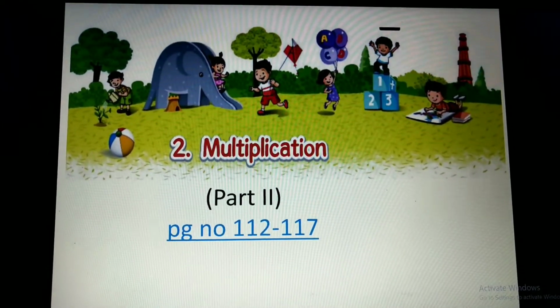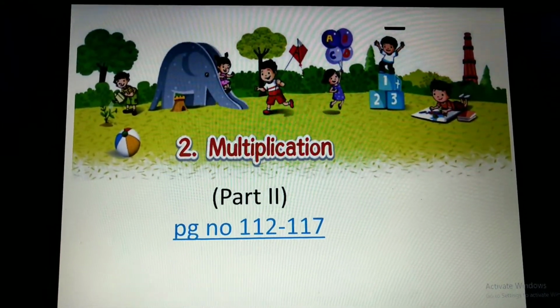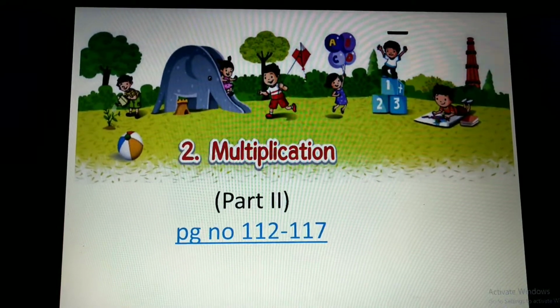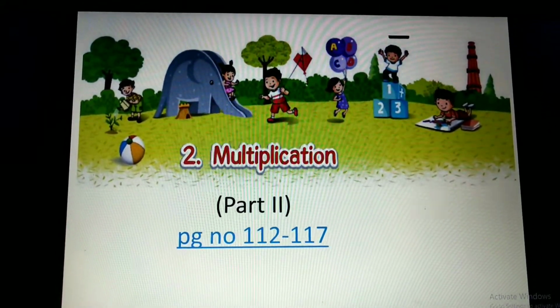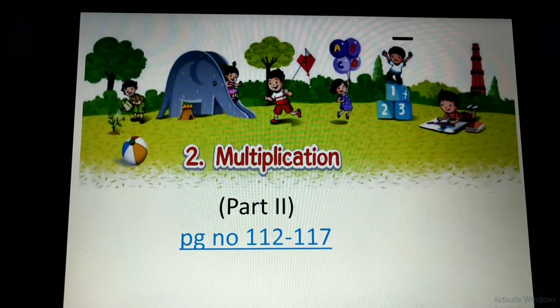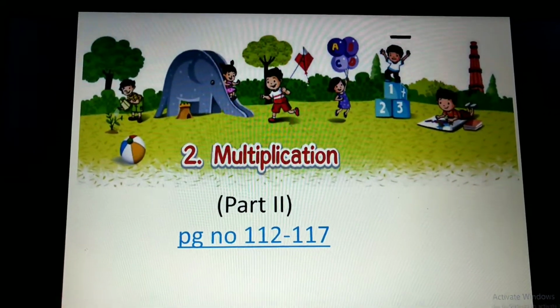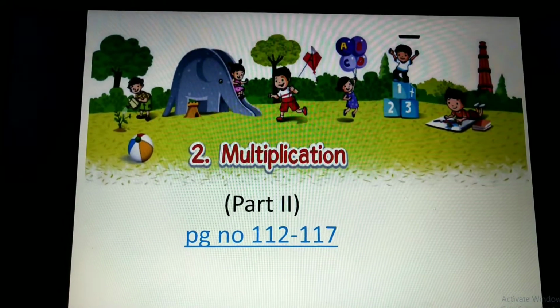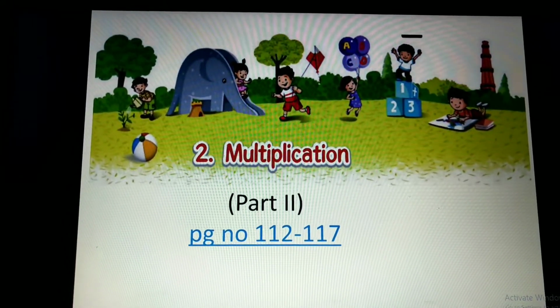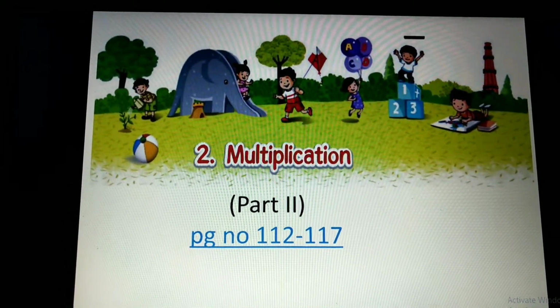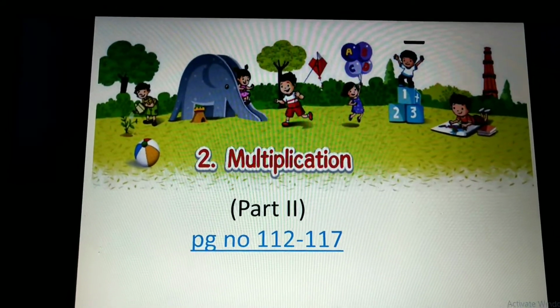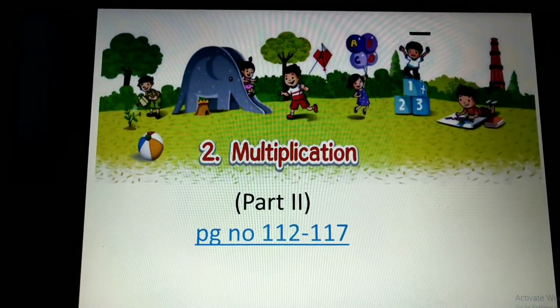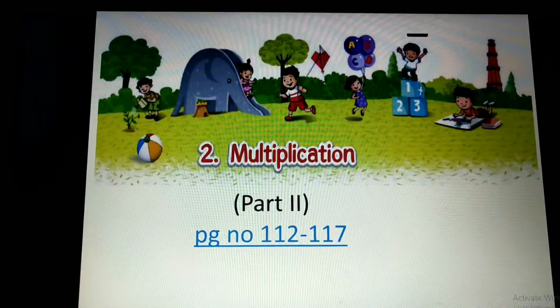After that, in today's session we are going to learn the multiplication tables of some numbers, for example 1, 2, 3, 4, 5 and 10, okay? And on the basis of multiplication we will solve the exercise. So children, everyone open page number 112 in your Fusion Sem 2 textbook and let's start learning.